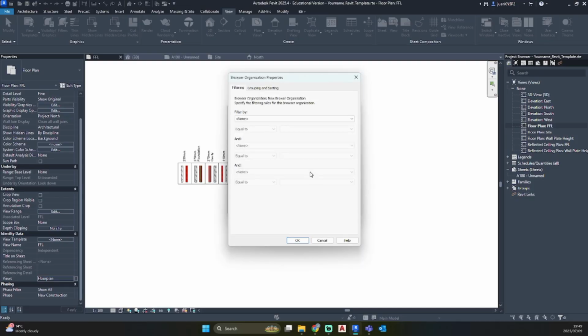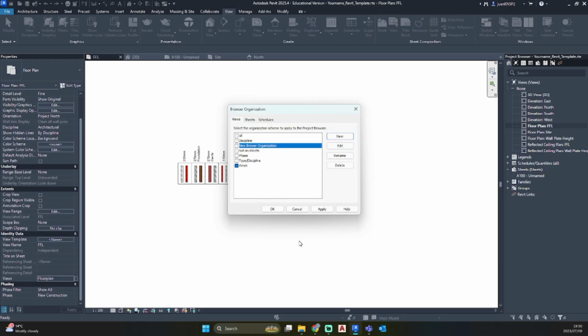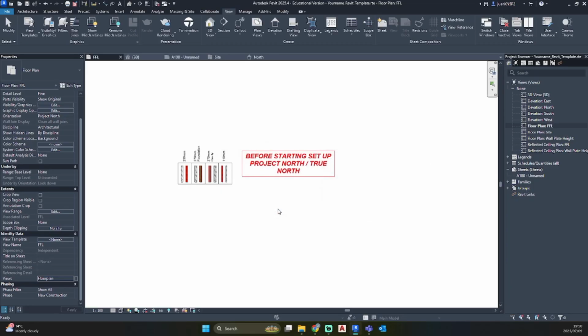Just go OK. Go to Grouping and Sorting, go Group By. Look for the parameter we have created, select Views and go OK. And just click OK again.